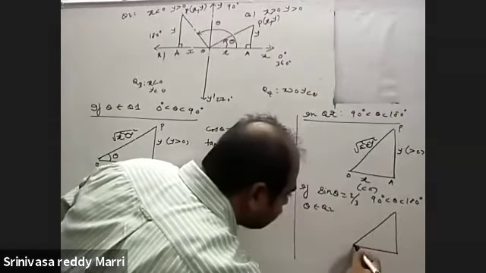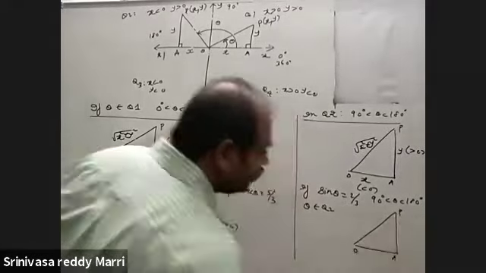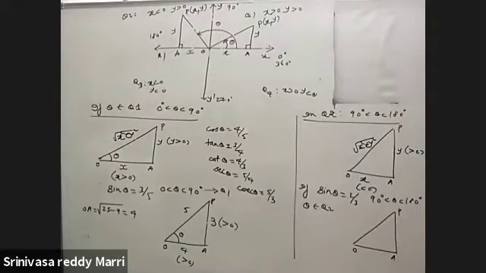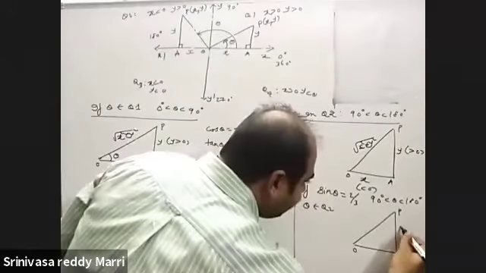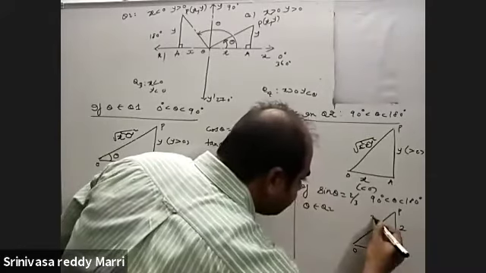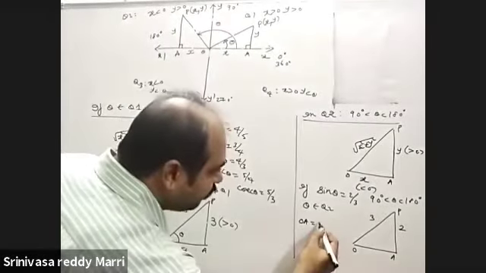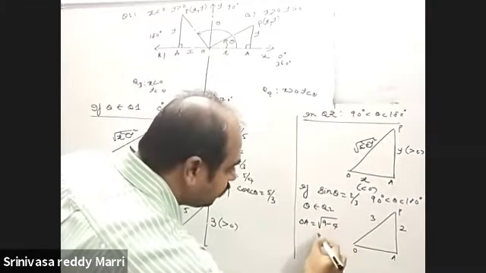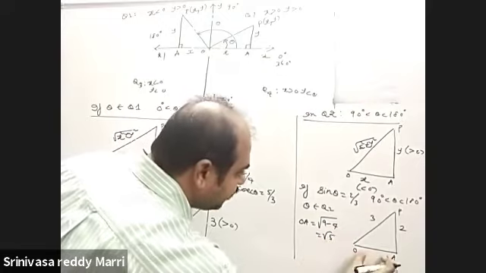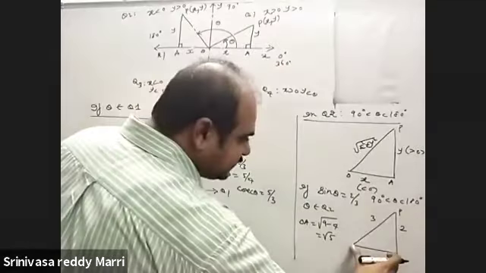Carefully see. So this is OAP. Now I have to write the legs. Sin theta is 2 by 3, that is opposite 2 and hypotenuse 3. Now I will calculate OA. OA is nothing but root of 9 minus 4. This is root 5. But don't write root 5 here. Of course, this length is root 5 only.